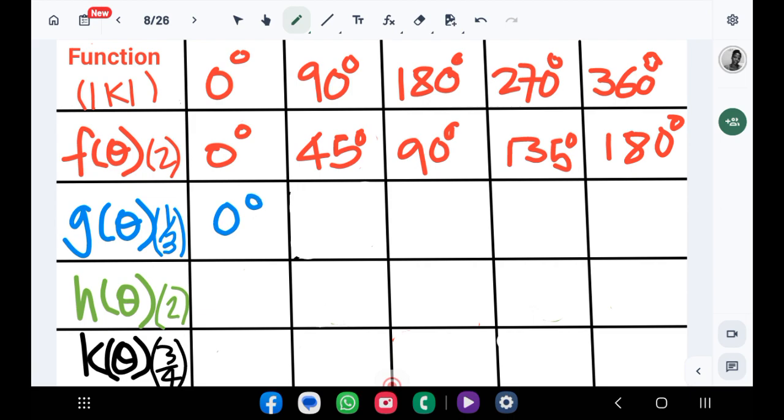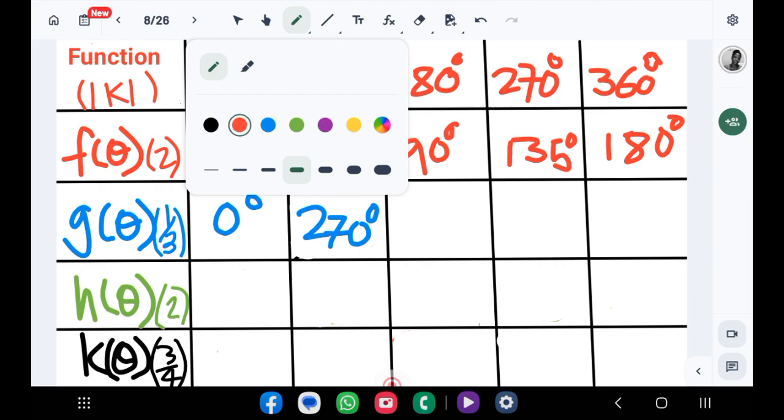Okay, next one, 0 divided by, let's figure out what the milestone is. Next one, 90 degrees divided by 1 over 3, that is equals to 270, which is outside of the range here. This is outside of the range, so